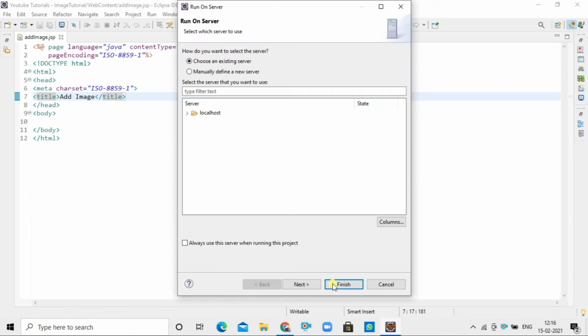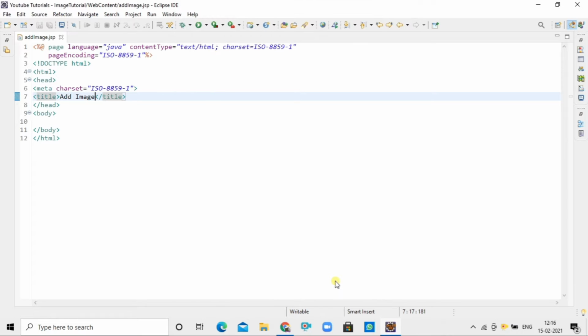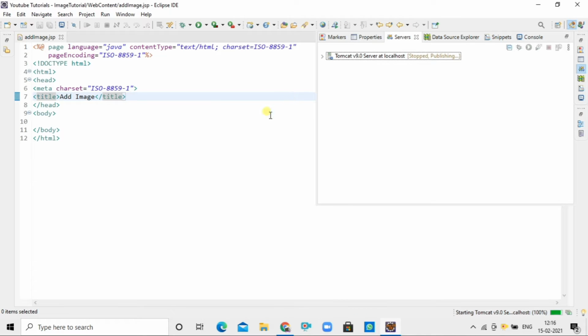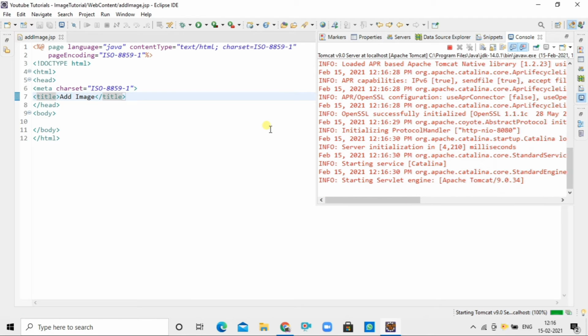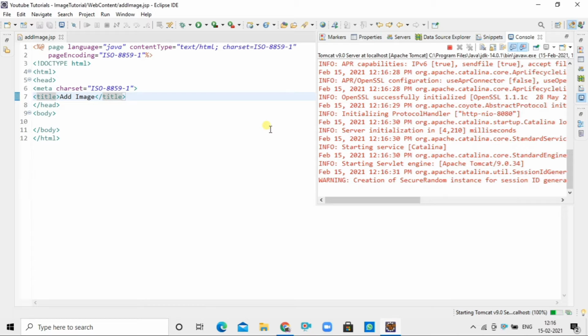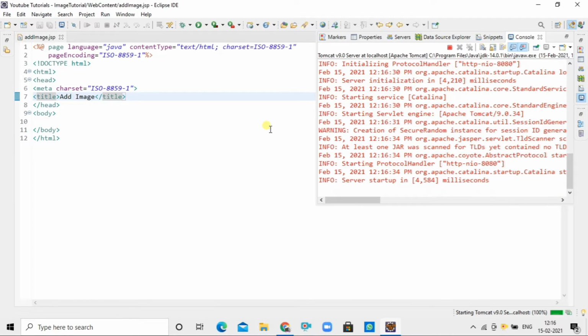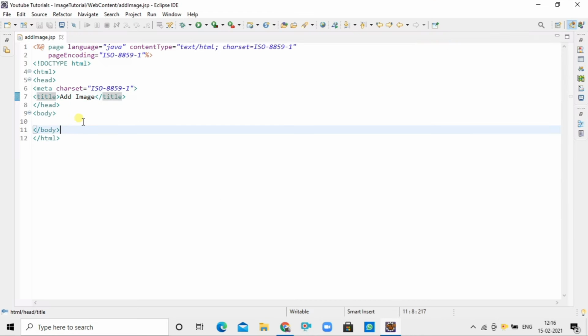Let's run it. We can see the title as add image. Now I will create a header as add image detail.